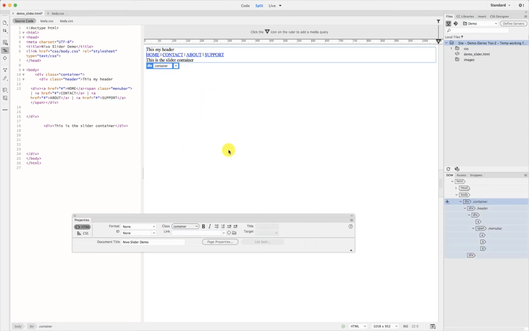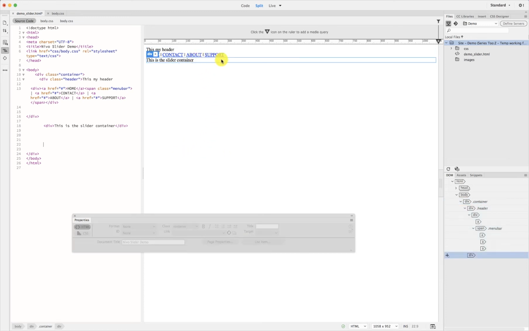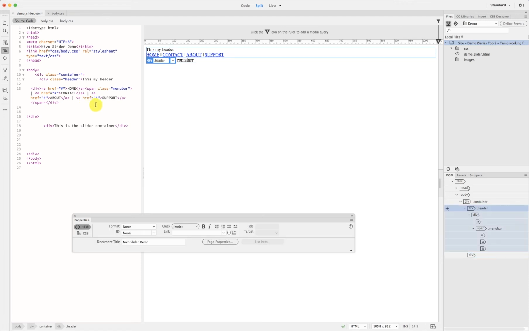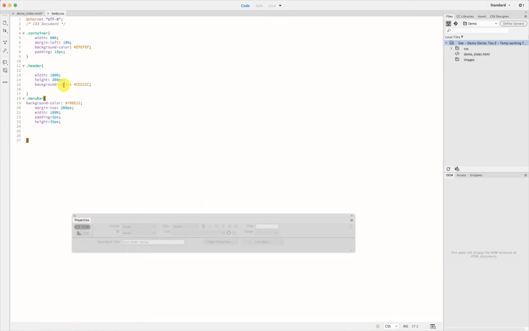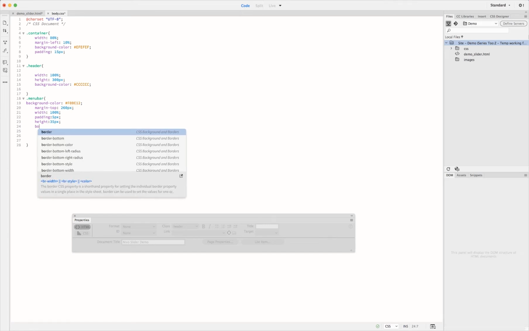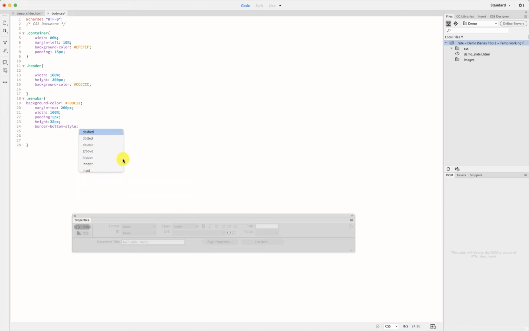What I'm going to do, first of all, I think I'm going to give this a border. So my menu bar, I'm going to give a border, okay? So I'm going to go into body CSS menu bar. I will put in border style. I'm going to do solid. I'm going to go semicolon,